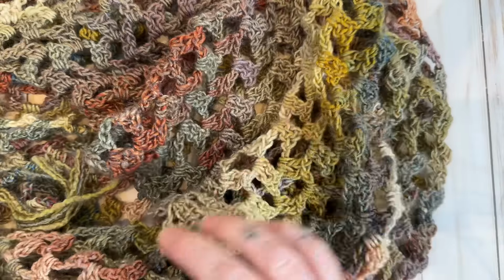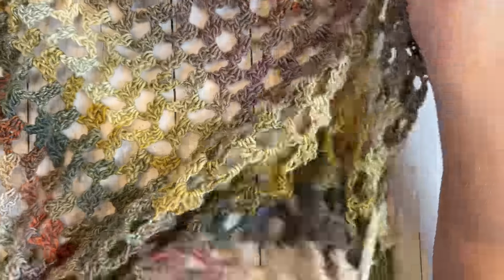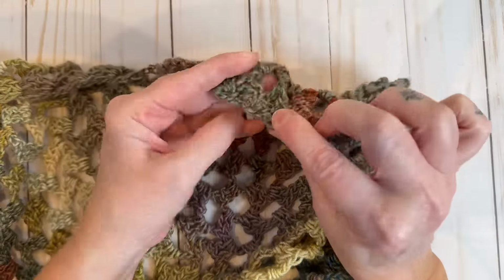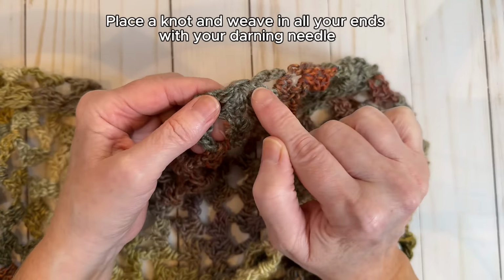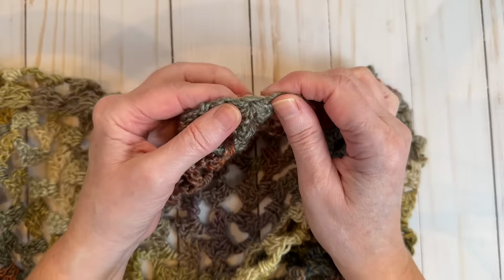I hope you love your shawl. This is a super easy crochet shawl. That's why I named it that. And we have our center going right down the center of our shawl. This is our chain 4 space, and make sure that you really secure your beginning slip knot that you did. So place a knot there and then really weave in that center really well so you don't have your yarn unravel, and just weave in all of your ends, and then your shawl is